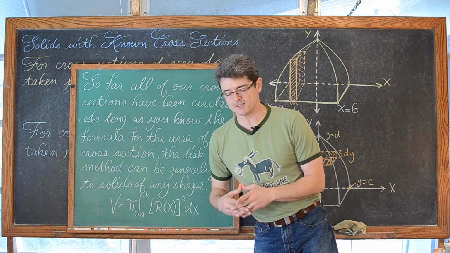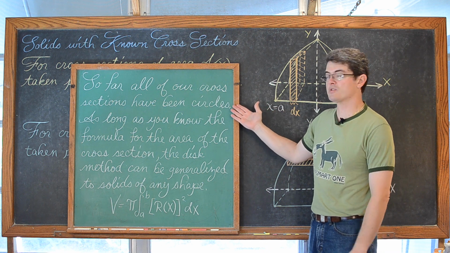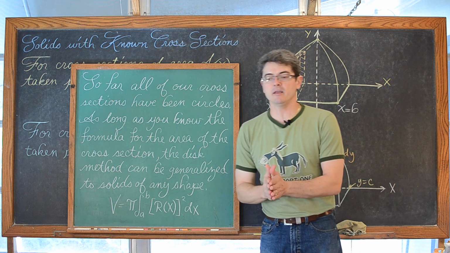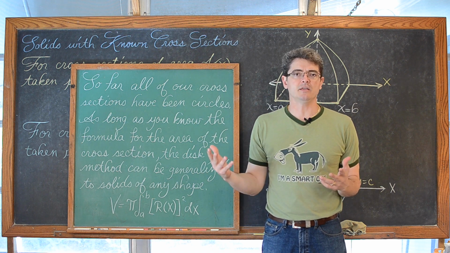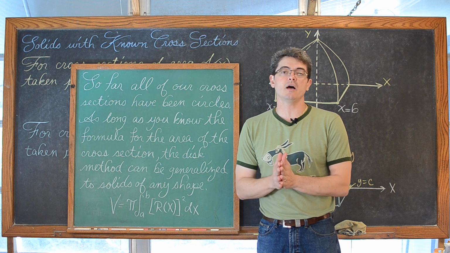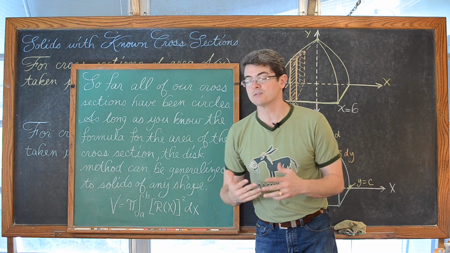Mr. Tarrou. In this lesson, we are going to expand our use of the disk method to find volumes of solids. Up until now, all of our solids have had cross-sections which were circles. That was created by, we were given a plane region, some kind of intersecting graphs or vertical and horizontal lines. We identified the plane region and we rotated it around an axis.